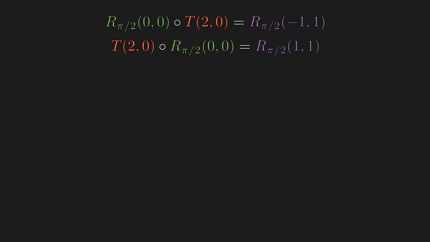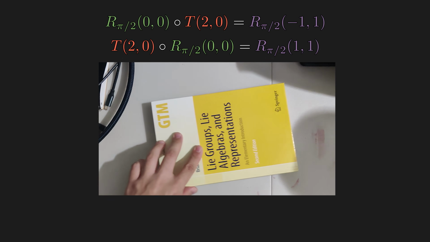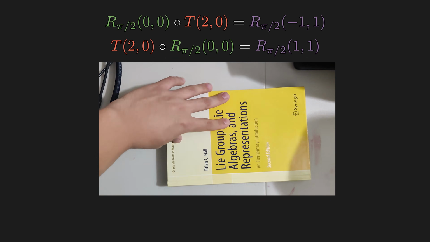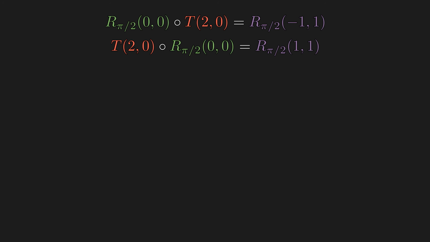If we translate 2 steps to the right, then rotate 90 degrees about the origin, we get the same transformation as rotating about the point -1, 1. And if we do them in reverse, we get rotation about the point 1, 1. The obvious part is why it's still a 90 degree rotation. Either we rotate then translate, or translate then rotate, it definitely still is a 90 degree rotation. So the part that we don't know yet is why it's rotation about those specific points.